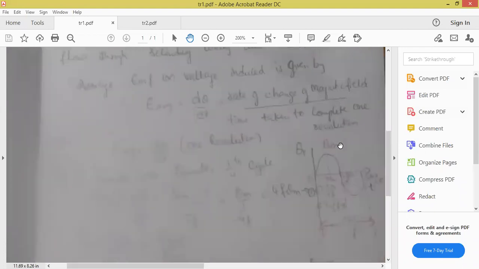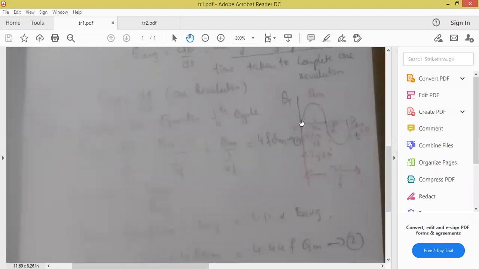Now how much electricity is developed at the secondary winding is given by E average, the average value we are taking, E average equal to d phi by dt. Sir, why are you writing average? Because I am having n number of turns. I can use 30 turns, I can use 10 turns in the secondary winding. So on an average we are writing E average equal to d phi by dt, which is the rate of change of magnetic field, because the magnetic field value is not constant. It is increasing and decreasing. Rate of change of magnetic field by the time taken to complete one revolution.